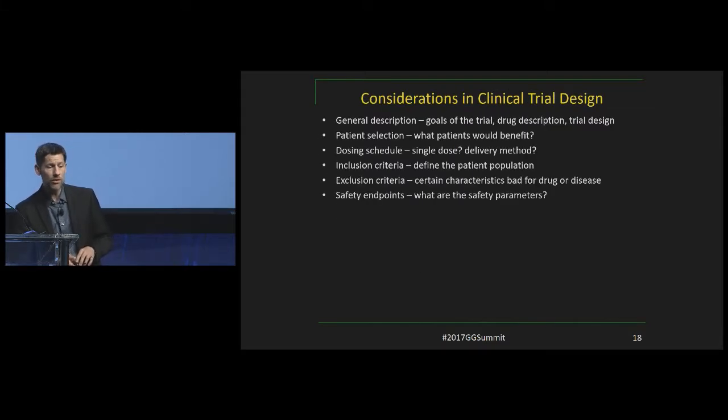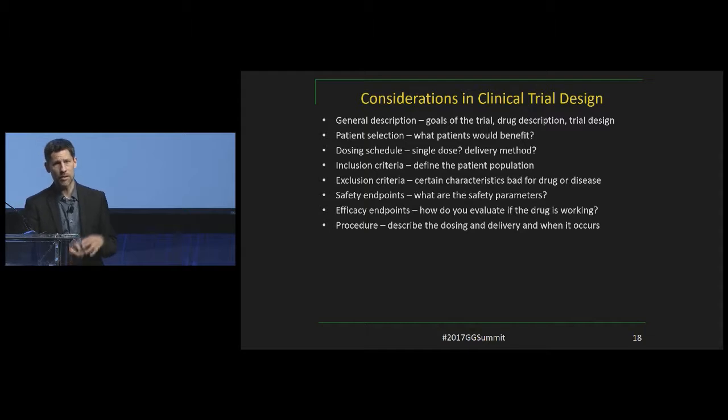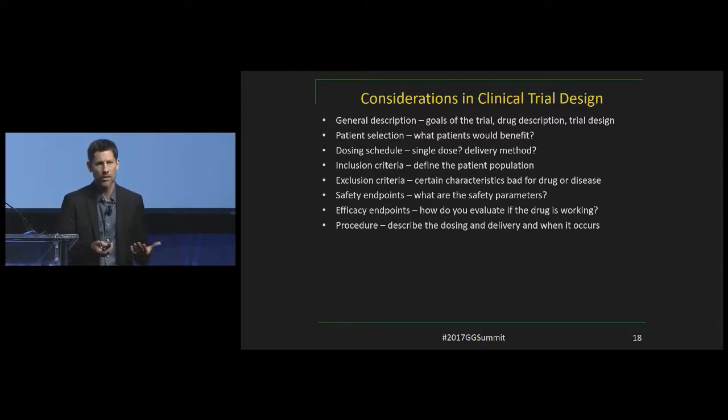So some considerations in clinical trial design. These place additional constraints on your clinical trial. So you're trying to determine what are the goals of the trial, how do you describe the drug, and what does the trial design look like? Number of patients, for example. Patient selection, who's going to potentially benefit, where is the safest population, where are things you need to think about for risk. There could be things like braces. One of the exclusion criteria in our clinical trials is braces because they all get MRIs, and if you have braces with an MRI, your teeth will get ripped out. Not good, that's generally considered an adverse event.